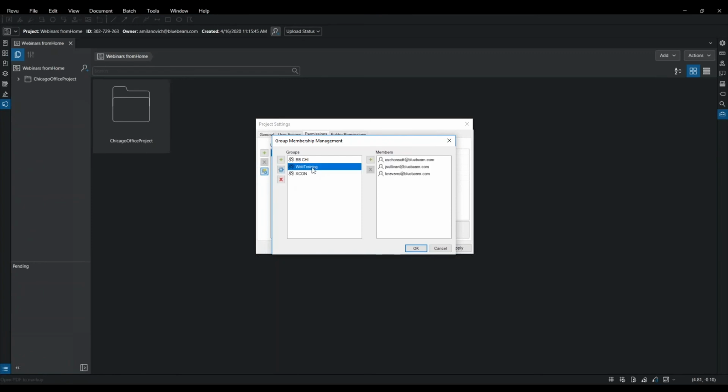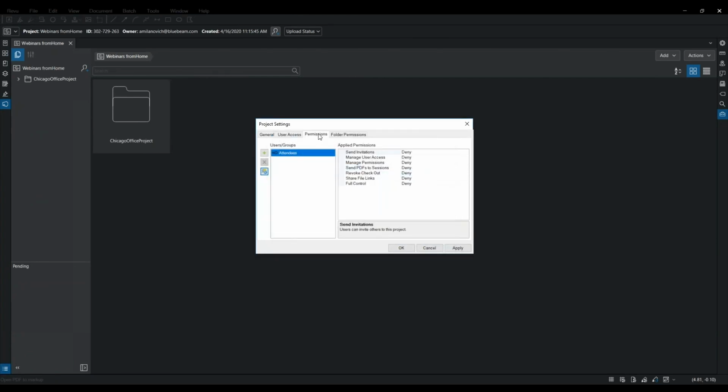This is also the same way that I can say, I just want to add an extra person to this existing group, or I no longer need this person a part of that group. I can always delete them. Okay, so that's how you're going to be able to set up and manage groups, is under that settings, permissions, and then this gear icon with those 3 people icons there. That's how you're going to be able to set it up.